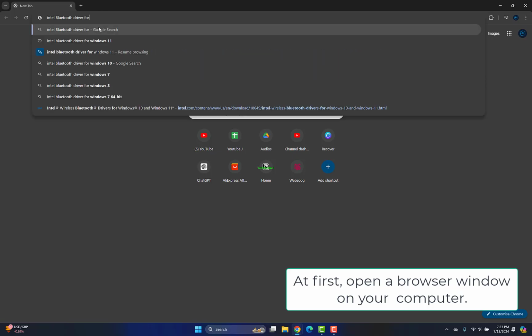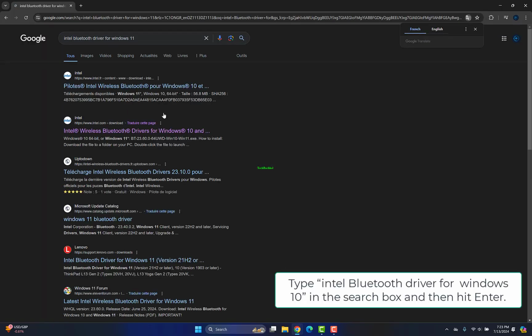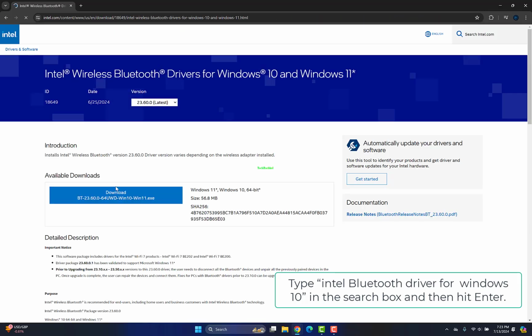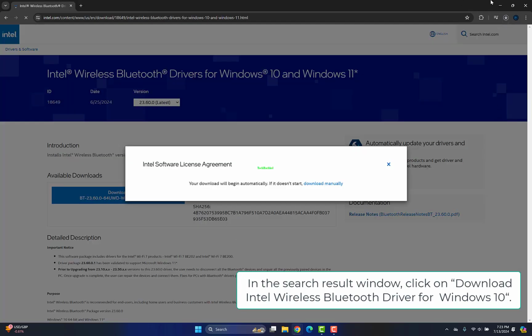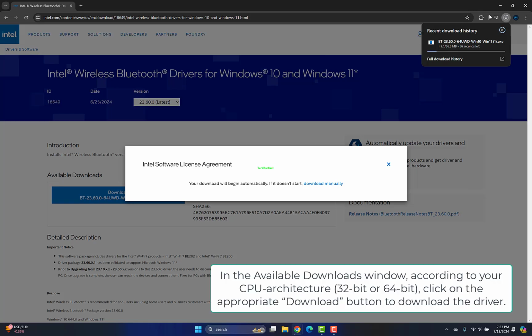At first, open a browser window on your computer, type Intel Bluetooth driver for Windows 10 in the search box, and then hit Enter. In the search result window, click on Download Intel Wireless Bluetooth driver for Windows 10. In the Available Downloads window, according to your CPU architecture, 32-bit or 64-bit, click on the appropriate Download button to